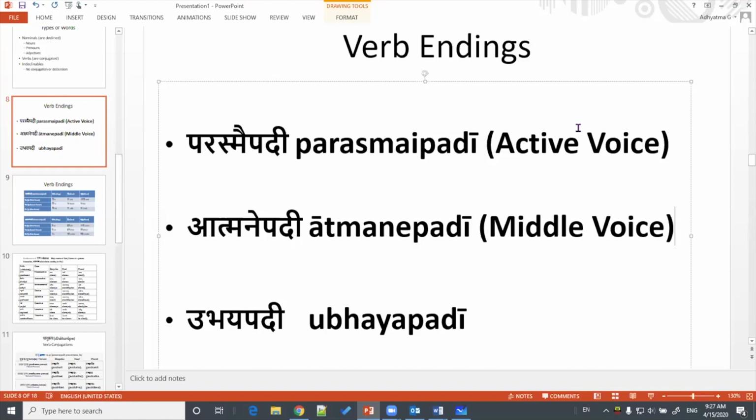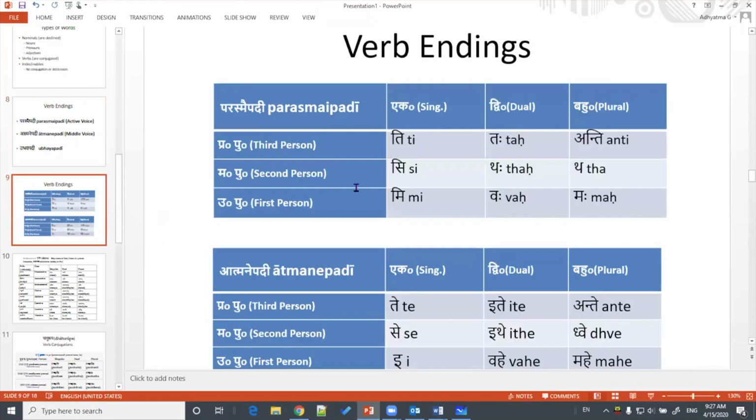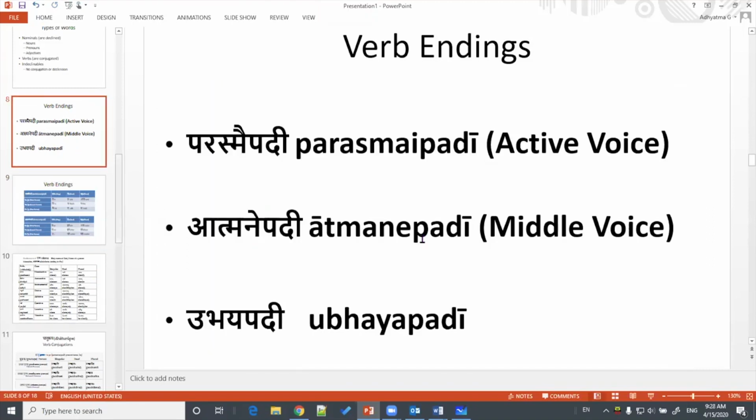Now, in active and middle voice, there is no such difference actually. And that's why I wanted to make sure that when you read the books and you see this terminology, you understand they both are formed exactly the same way. It is just the difference of ending. However, when passive voice is there in Sanskrit, that actually does form the sentence in a completely different way, just like in English. So that's why I'm not too much in favor of using this terminology called middle voice. It sometimes can cause confusion. Both are equally active voice actually. It is just a different set of endings.